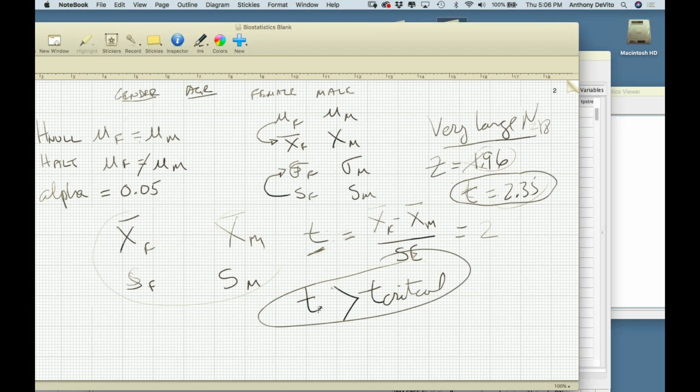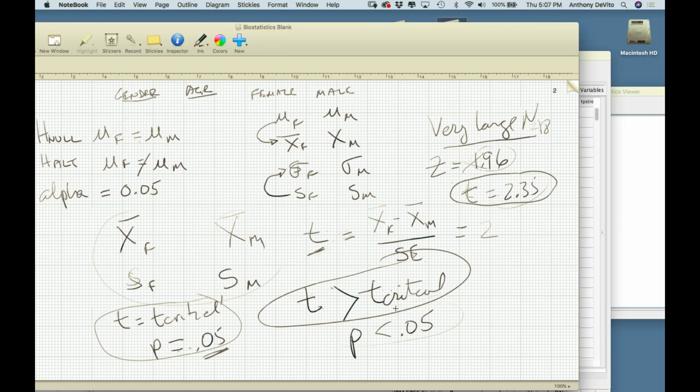And what does it mean when your t is greater than t critical? It means that the probability, I'm going to use the p-value now, the probability that you would be wrong is less than 5%. Okay? What happens if your t-value is equal to t critical? That means the probability that you would be wrong is exactly 5%. That's why you're using that t-value, right? But if your t-value is bigger, they're further apart than you need them to be. So the chances that you're wrong in rejecting the null hypothesis is even smaller,